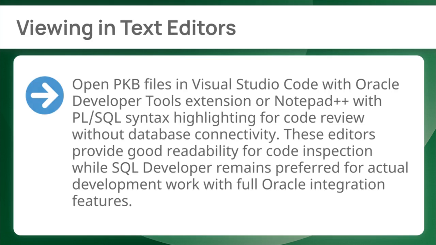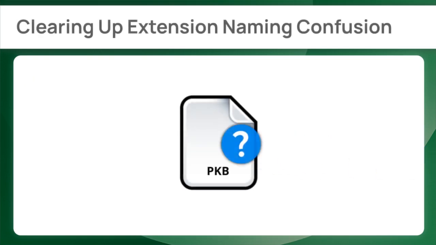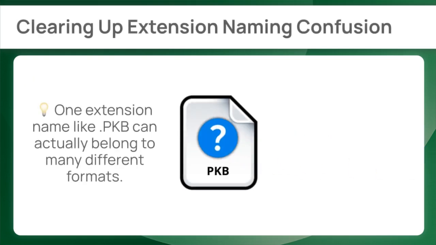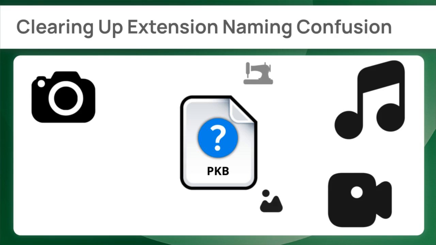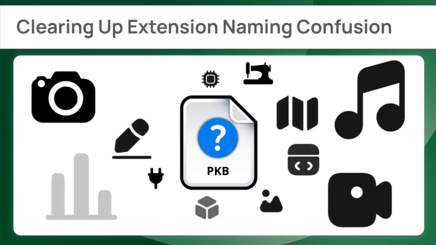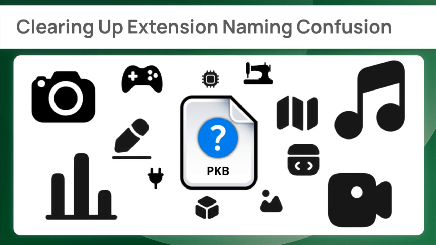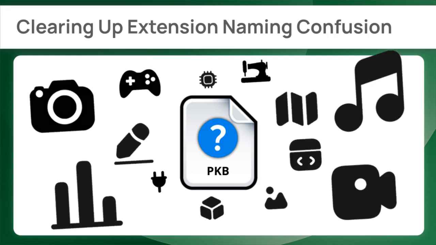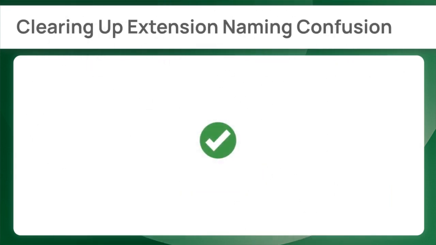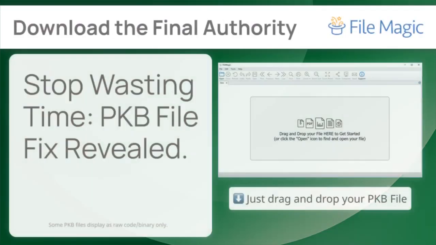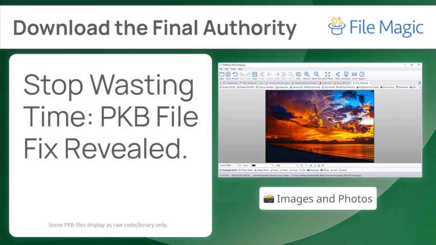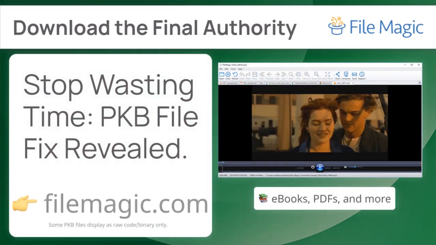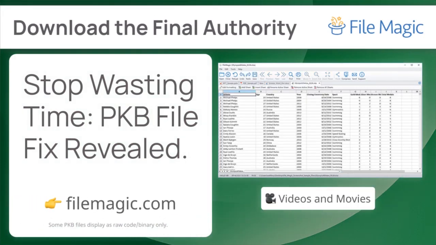If compatibility checks failed, it is likely because the file extension name is shared by different developers for unrelated formats, causing your PC to use the wrong reading language. An effective path forward often involves using a format-agnostic utility that is designed to prioritize actual data content over the potentially misleading extension name. At this stage, your most reliable recourse is a comprehensive solution like FileMagick. It's built to bypass the limitations of basic tools, available at